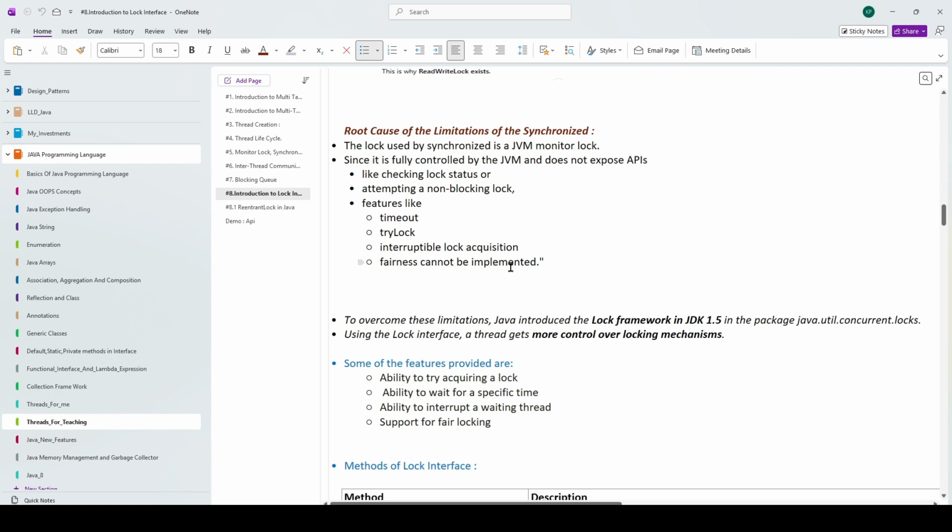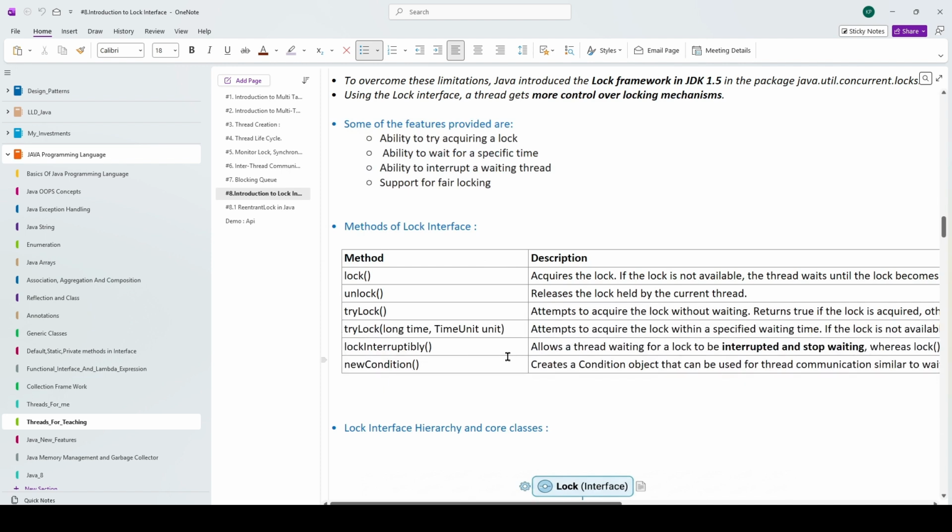To overcome these limitations, the Lock framework was introduced in Java 1.5. In the Lock framework, they introduced these methods that provide granular level control to the programmer. To acquire the lock, we have to call the lock method explicitly. On calling it, if the lock is available, it will be acquired by the thread. If the lock is not available, the thread will move to the blocking state. On calling unlock, we can release the lock that was previously acquired by the lock